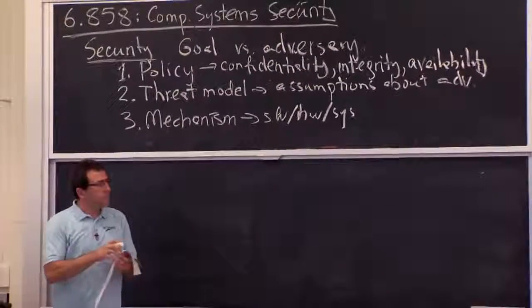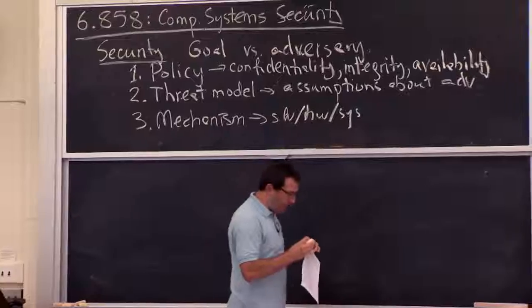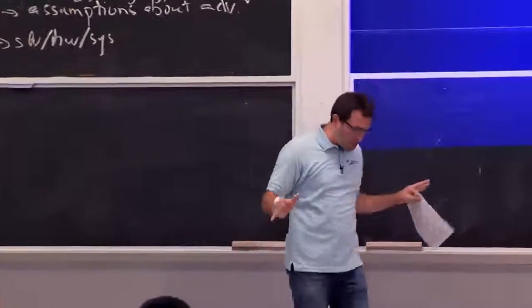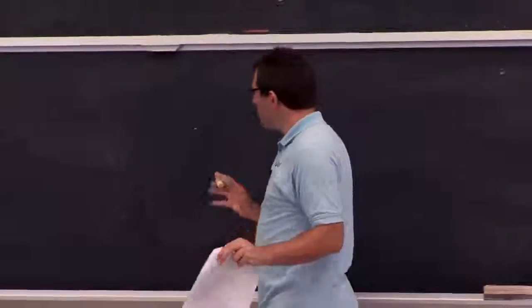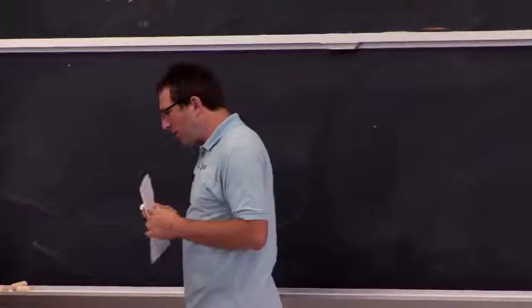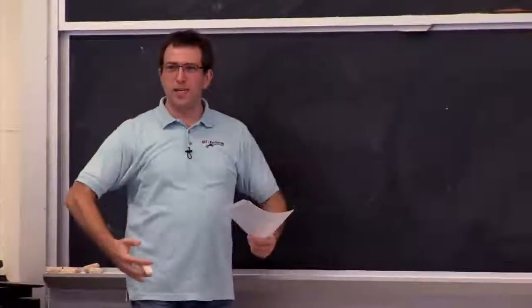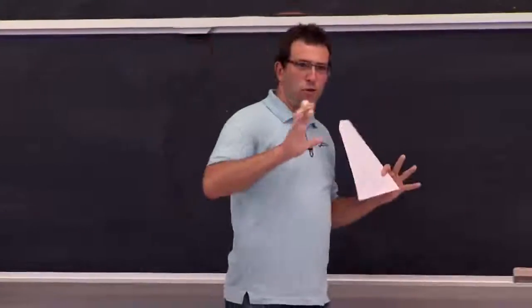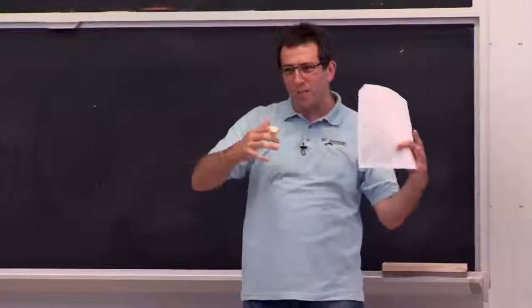So one danger of this class is that you come away thinking, man, everything is just broken. Nothing works. We should just give up and stop using computers. This is one possible interpretation, but it's probably not quite the right one. The reason you're going to think this way is because throughout this class, we're going to look at all these different systems, and we're going to push them to the edge. We're going to see, OK, what if we do this? Is it going to break? What if we do that? Is it going to break then?